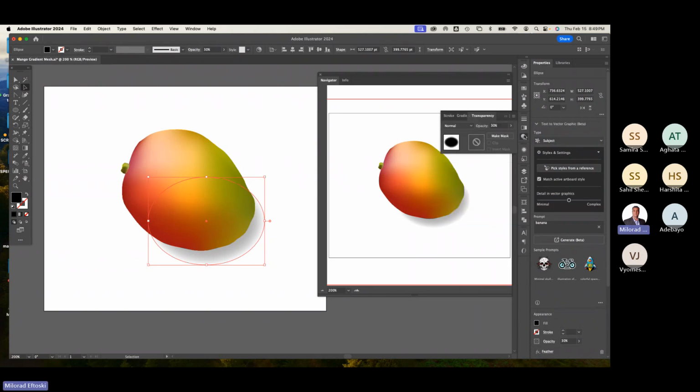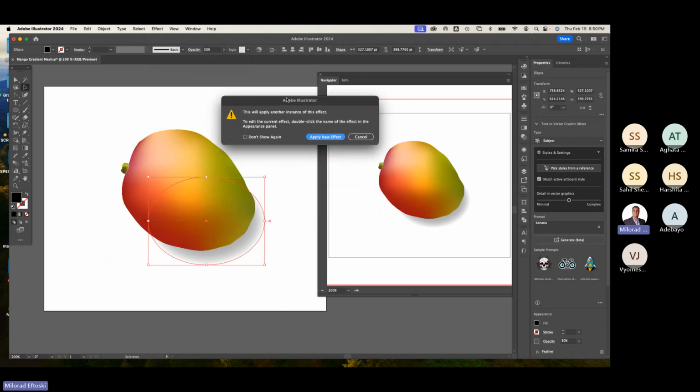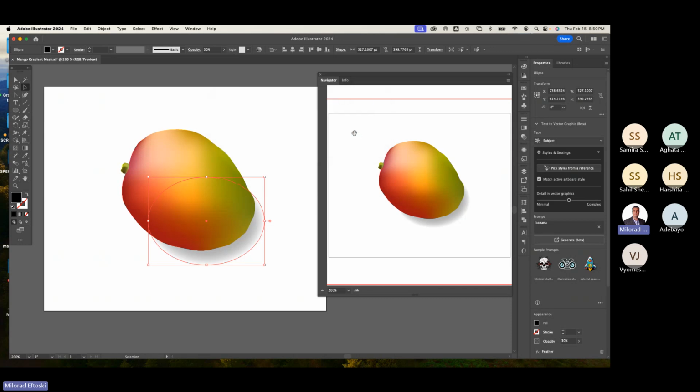That's under appearance. So just remember, if you have to go back and edit the thing, do not ever, ever, ever go back here and apply another effect on top of the existing effect. If you do, it'll apply another instance of this effect. Just don't ignore this and click apply new effect. It's going to honestly double it up. It might crash your computer. It might even mess up the existing one. Just hit cancel. Know that if you have any effect like shadows and glows and stuff, always go to appearance,